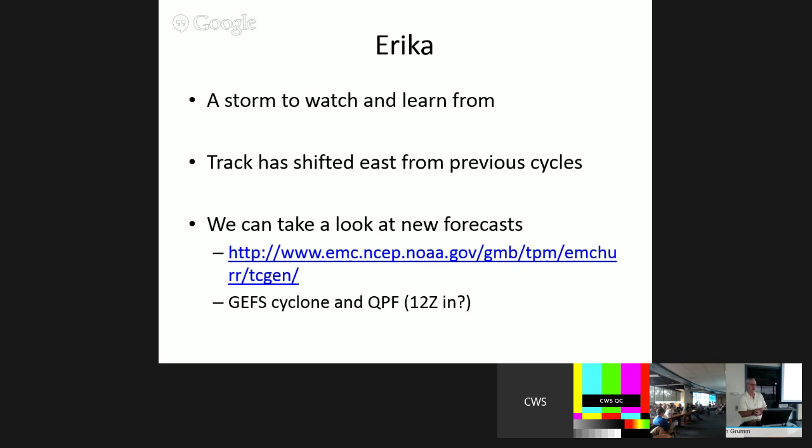I have a link here. You can look at the forecast tracks from the NCEP site. They generate tracks from the GFS and the Canadian model, and if you have the right email address attached to your browser, you can see the European center, which I actually showed. It'd be interesting to see when the 12Z comes in where it has all the high QPF and how it tracks the storm. But clearly, it's a changeable situation, and it's probably the big thing to watch on the East Coast of the United States. It's also a good example of why we should be using ensembles in the forecast process.